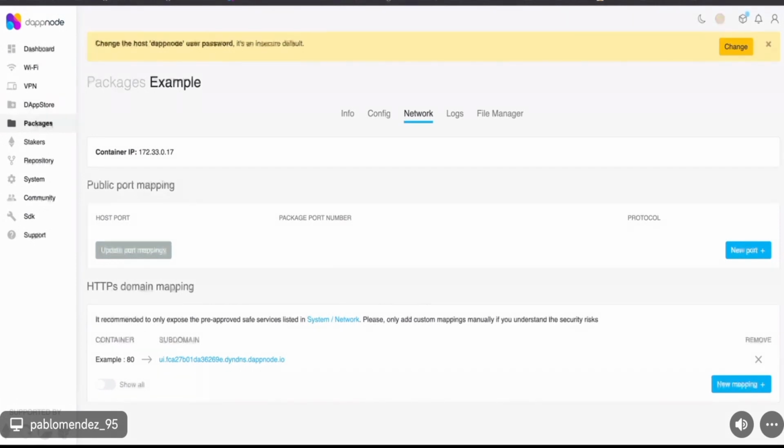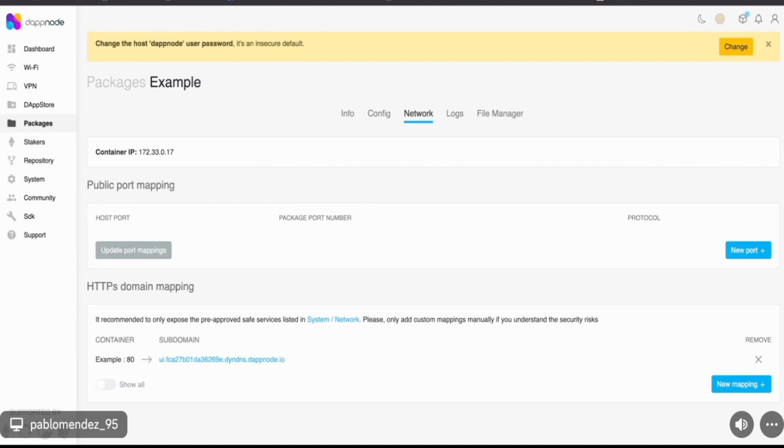Let's say I have a web app from service A deployed through a DNP that is in charge of allowing the user to set up some config variables. Is it possible to use the SDK to communicate with the Docker host to restart the service so it can use the updated configuration? So my question is, do you have more than one service in that DAppNode package, or just one service, one Docker container? Two containers, one serving the web app, and another which is the main service package. So ideally, you should.